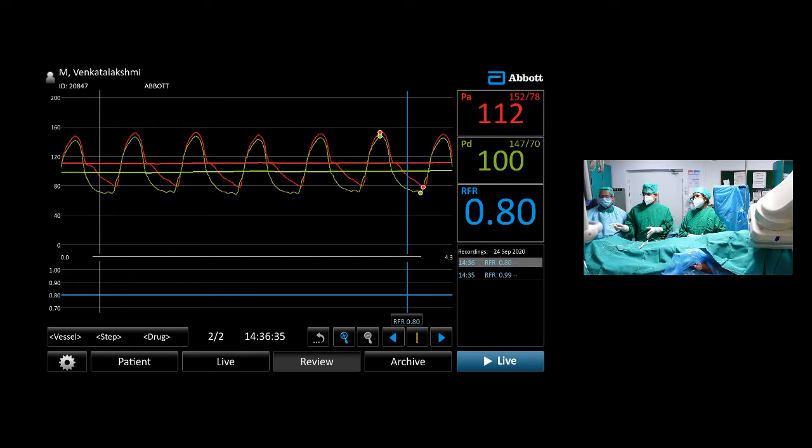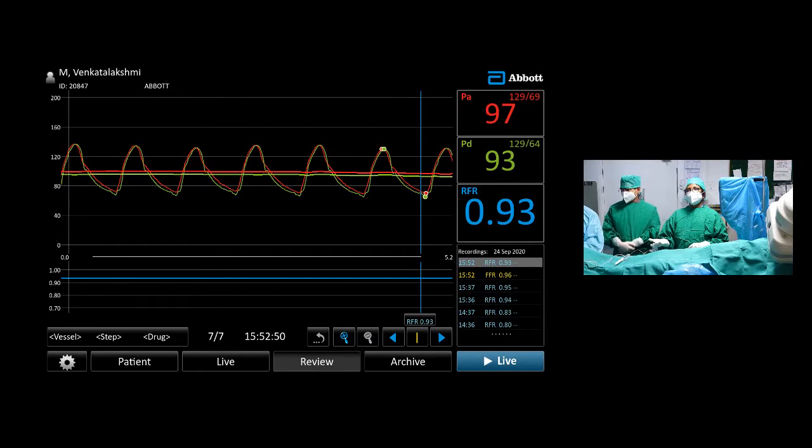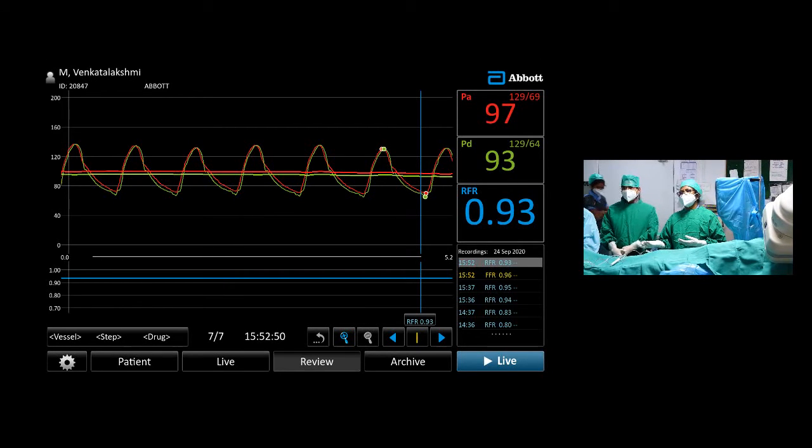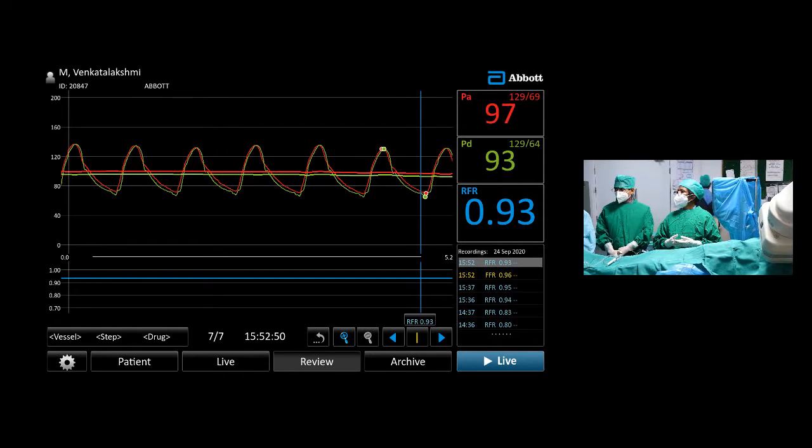So it is a highly significant lesion, and we decided we will stent the PDA, provisional approach, focal stenting. I then measured the RFR in between the lesions, that is between the RCA lesion and the PDA lesion, and I found that the RFR was 0.93. So it's only the PDA lesion which is significant. The RCA lesion in the distal RCA is not significant, but we will go ahead with the OCT to note if there is a vulnerable plaque.